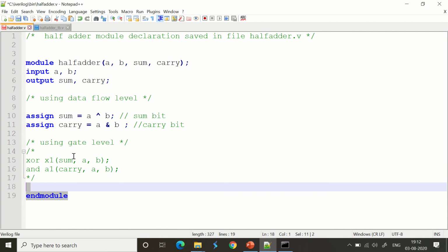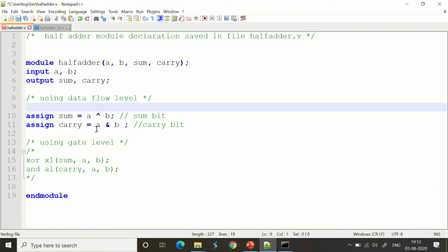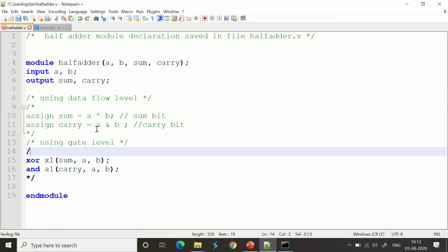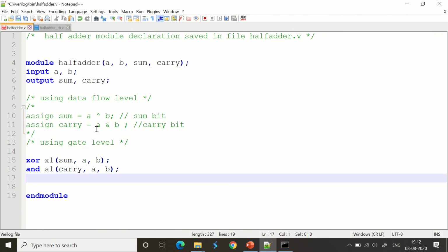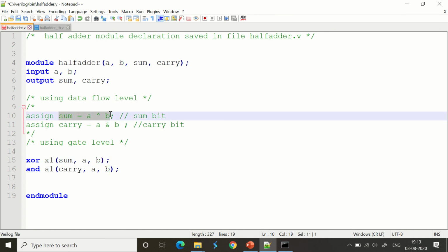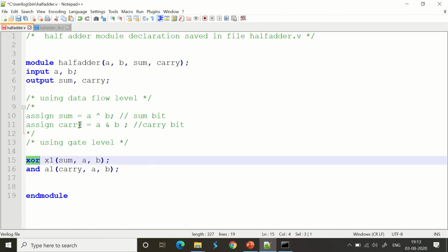Can we go ahead and do the same thing with gate level? I'm going to specify the gates which are going to be used very clearly for this process, and that's what is called as the gate level in simple words. Let's do that right now. Now what are we doing here? I'm using an XOR gate. So XOR gate, the sum will be obtained and A and B are the inputs. The same thing but mentioned with gates here. You can see that here. That's called gate level.